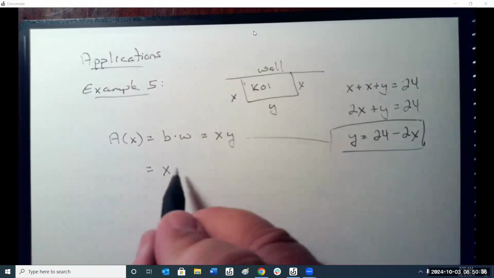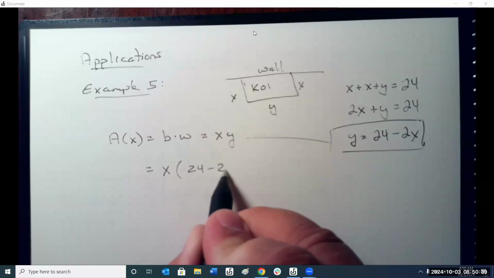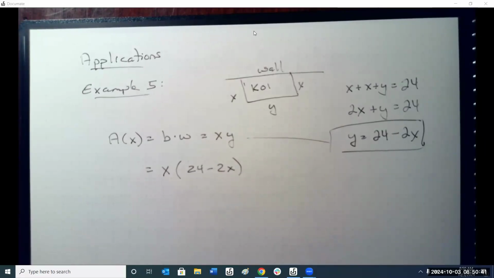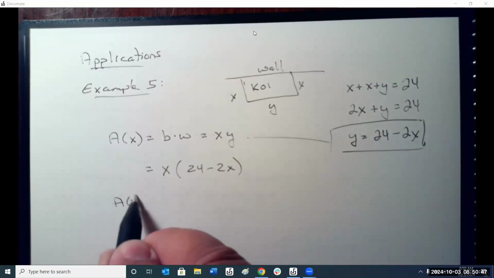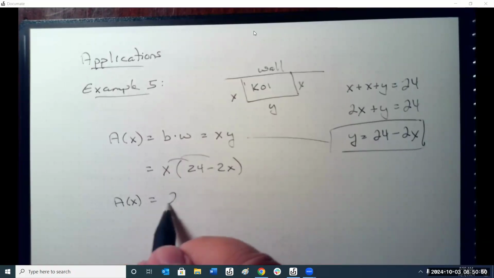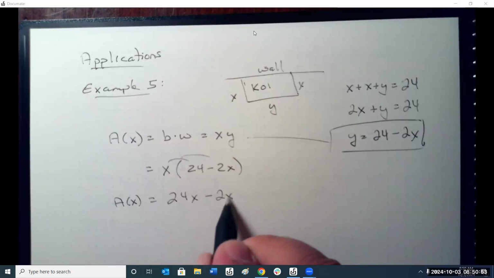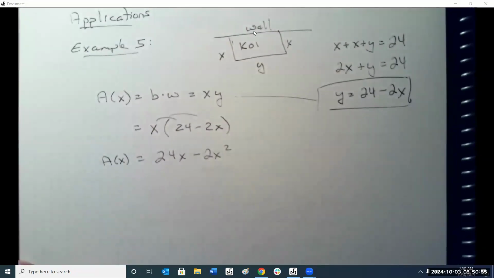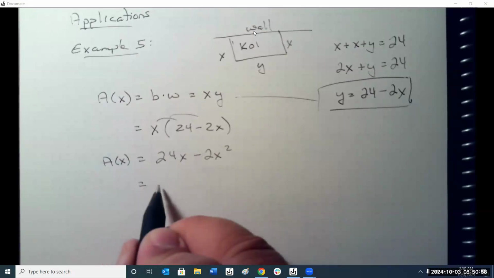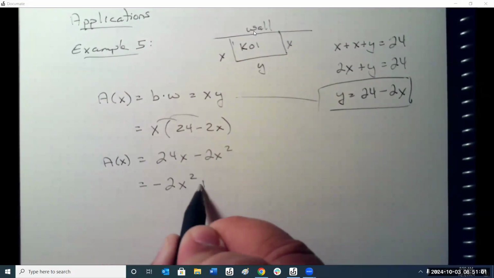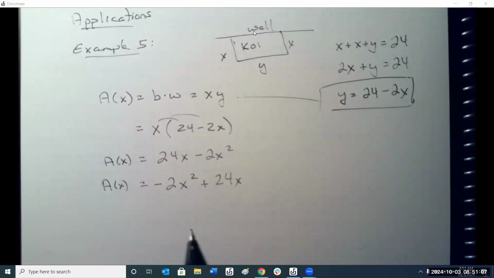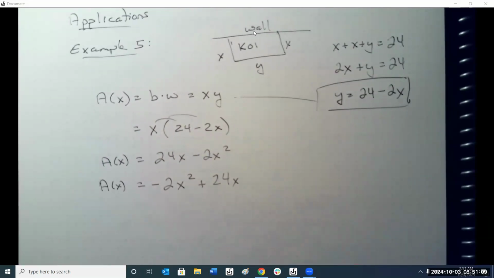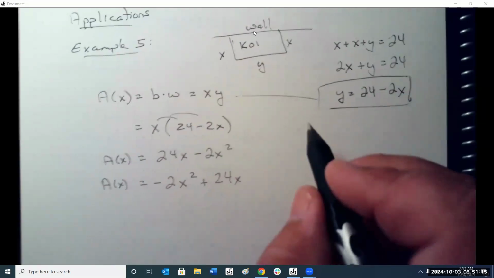Y is 24 minus 2x. So our area formula is going to be 24x minus 2x squared. Or putting it, we always want to put the highest exponent first. The reason for that is we need to know whether it opens up or down. Since we're looking for the greatest, the maximum area,